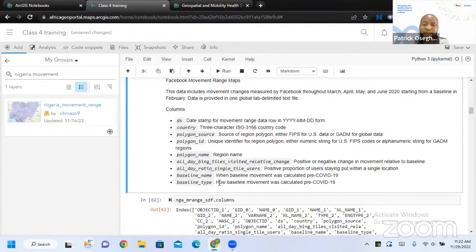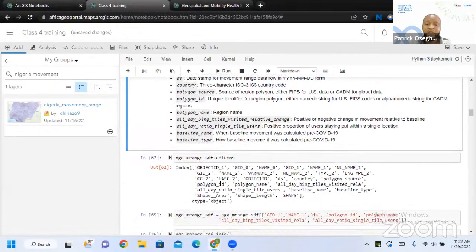So the baseline they use to normalize the data removes the information that you could use to trace whoever generated this data, the user this data is coming from. So the baseline is, they are using the baseline of February 2020 when COVID-19 started. That's the baseline they are using for the data. So you should have this information so that you know what you need to be doing.